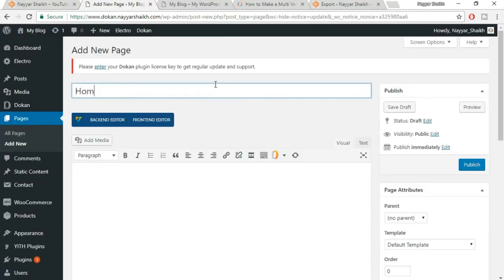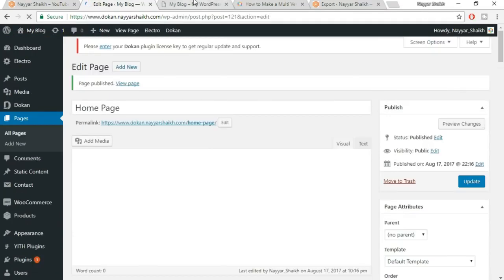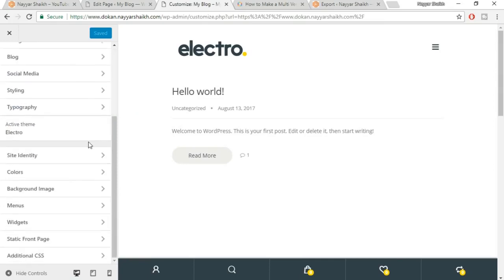Now give any title. For example, let's give a title of home page. Okay, now click on publish. Okay, now come back to your website, the main website, click on customize. Now scroll down, you'll see this static front page. Select that